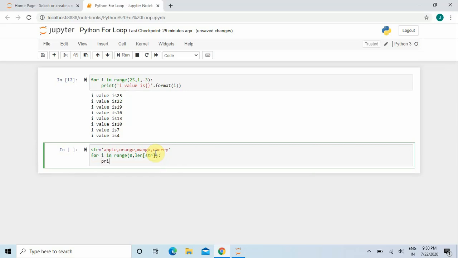So print str of i. Why I am writing like this is that we know that every string has a position, or an index. Suppose L. So this letter L is in which position?